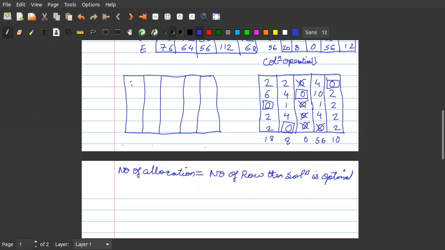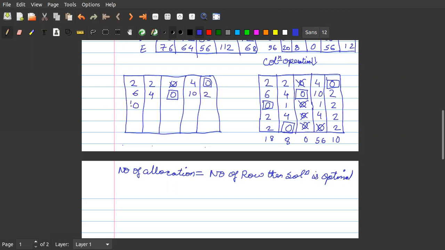Okay, let me just rewrite it. 2 2 0 4 and this 0 is also allocated. This 0 is cut. Then you have 6 4 0 0 being allocated, and this is 10 2.